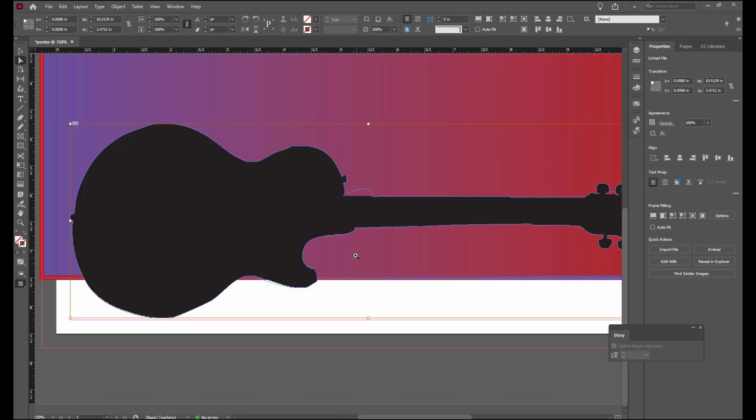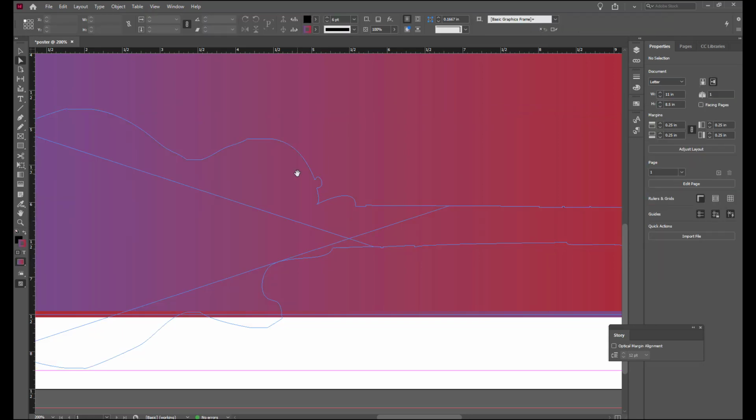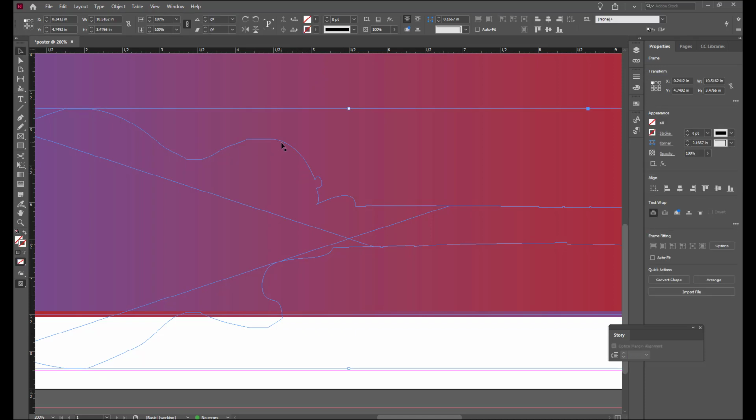So let's go in here and use the direct selection tool, select the image inside that frame, and press the delete button, and we're going to delete the placed frame, but we're going to leave the frame we created. So using the selection tool, now we're going to click that to pick that back up again, and then go to